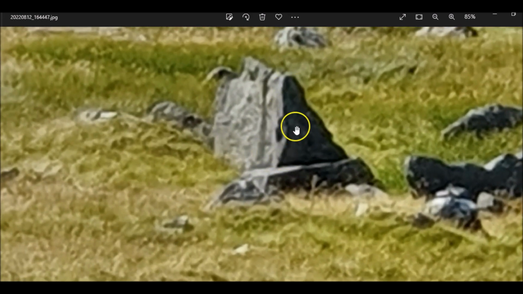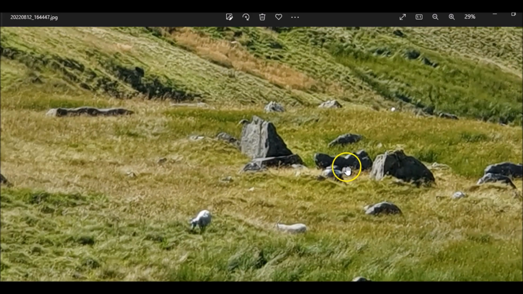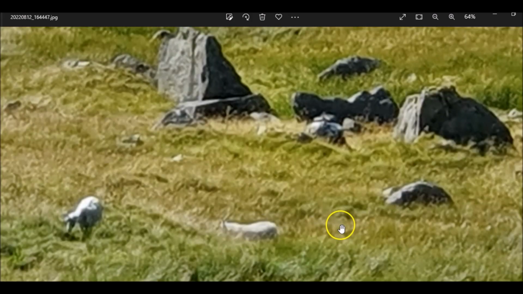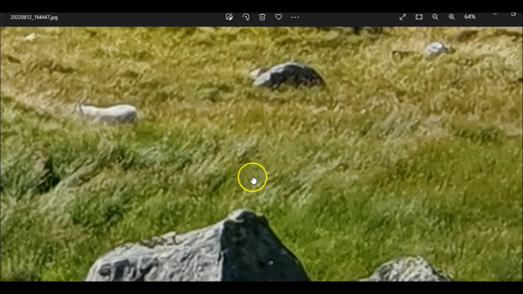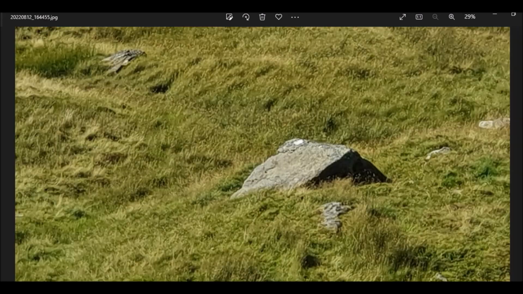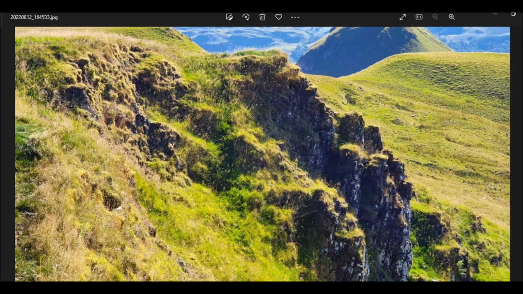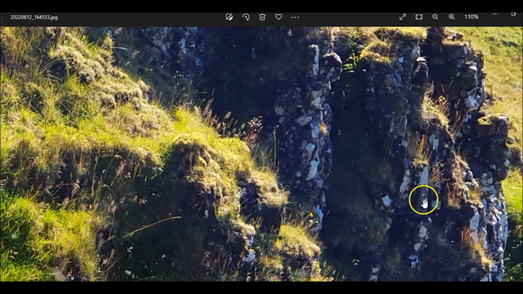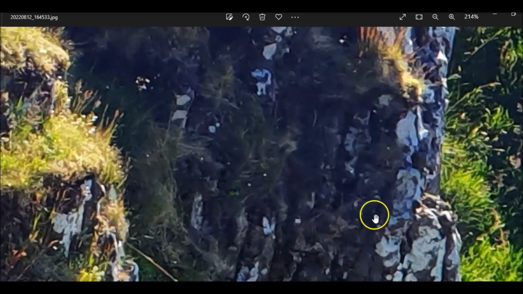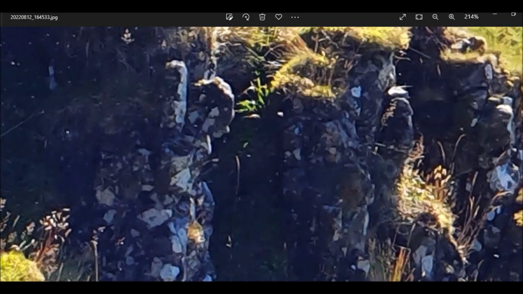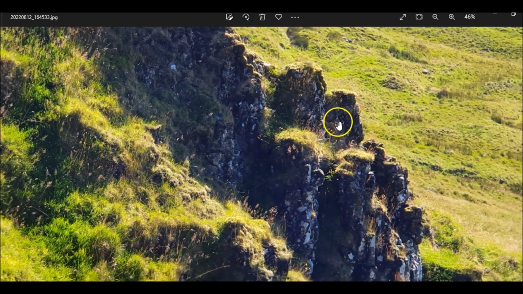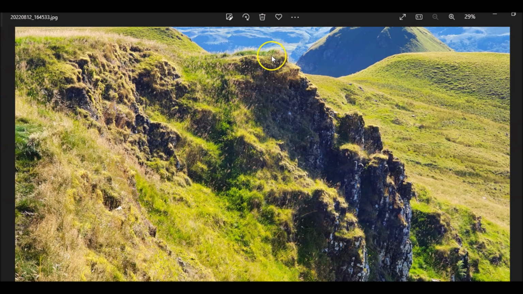Yeah, so there's a few weird shapes. This caught my eye as well. What caught my eye was, for a distance, this looks like steps.